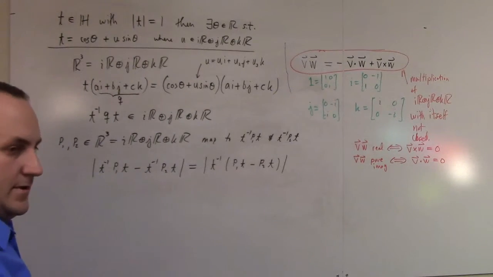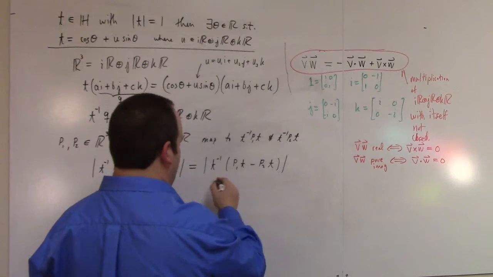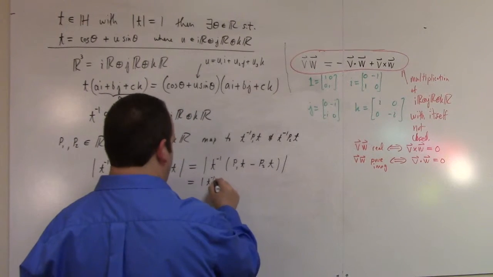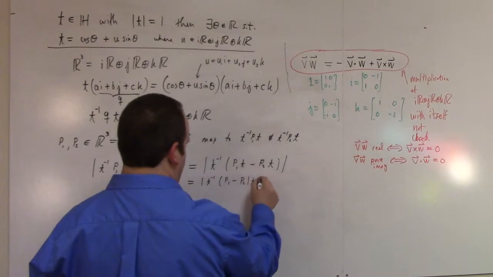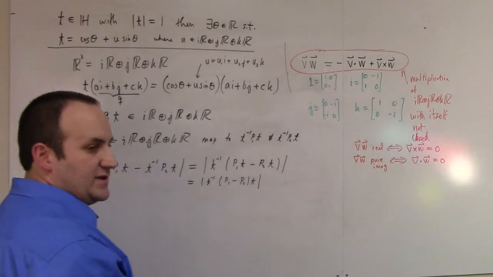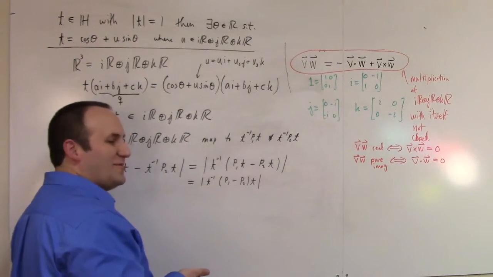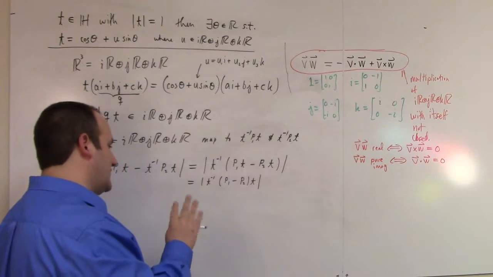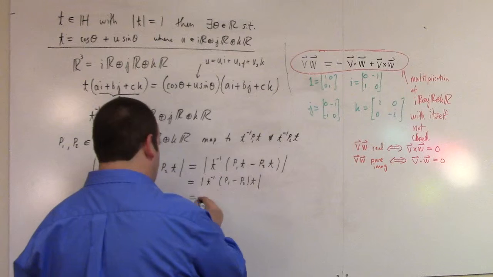And then I can do it again, right? That's just algebra. Now I can use the multiplicativity of the absolute value twice, right? And that gives me